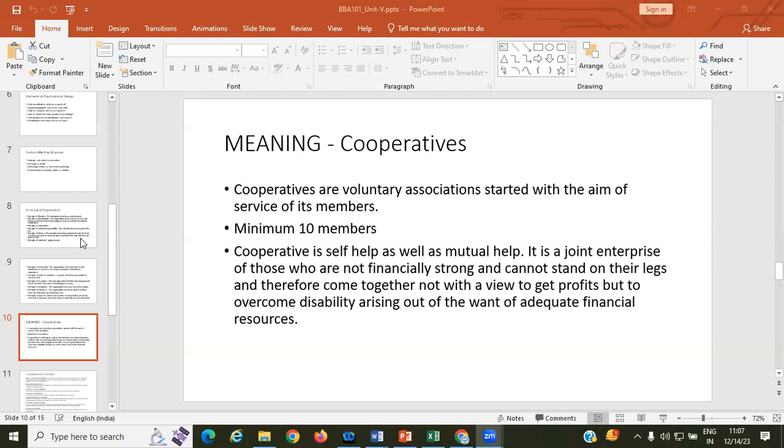If you have so many farmers, and some are big, some are small. Big farmers are very rich, they are getting money, they can buy machinery, they can buy a tractor, they can do advanced farming. But small farmers cannot afford it. They cannot buy machinery, they cannot take a loan.